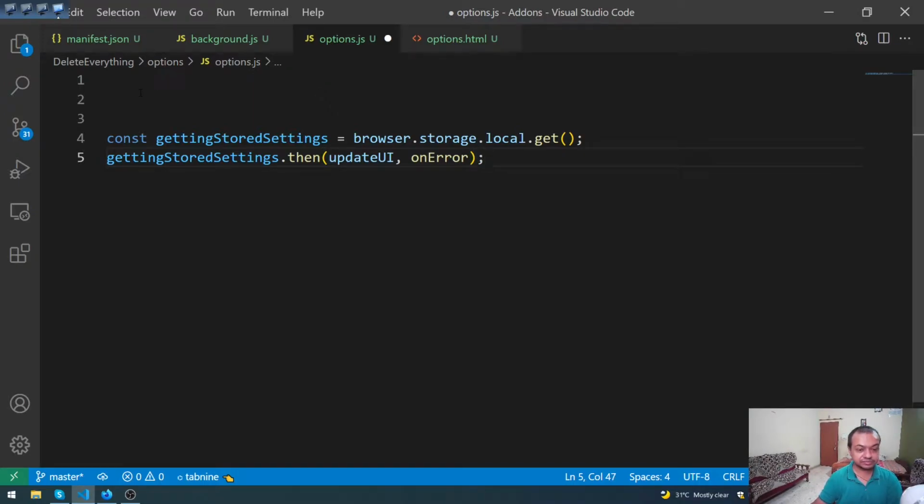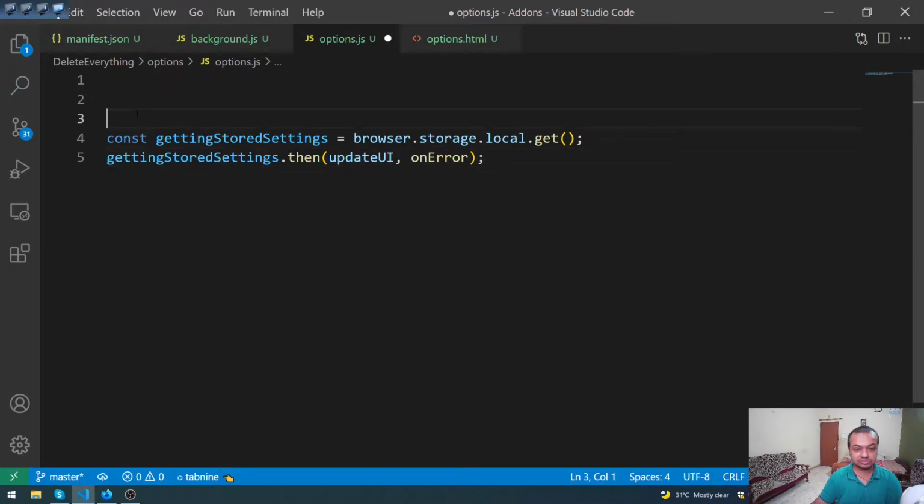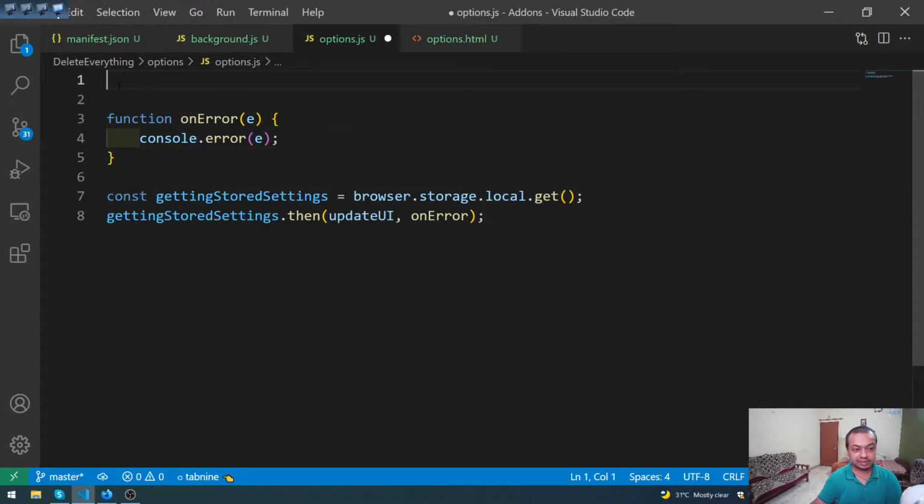Then this updateUI and onError are simple, like this one only. So let me copy it. Again we are getting that local storage data, and then